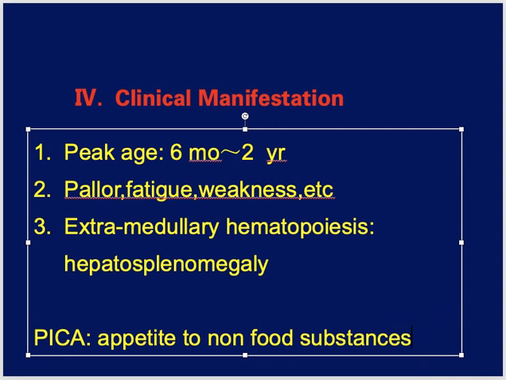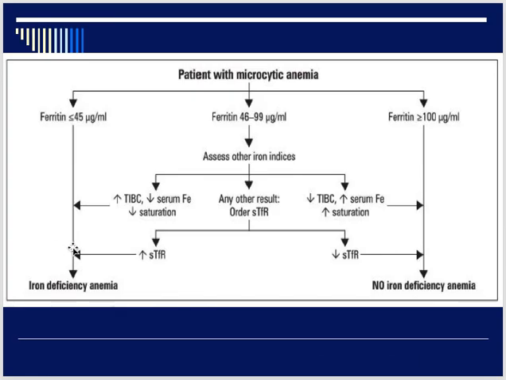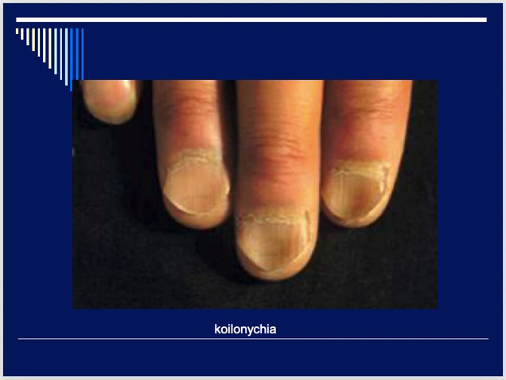Now, how do we investigate patients who have iron deficiency anemia? Iron is stored in the body in the form of ferritin, as I already told you, and iron is transported in the body with the help of a protein called transferrin. Both of these are very important in diagnosing iron deficiency anemia. I can show you how to diagnose a patient of iron deficiency anemia. It will go this way.